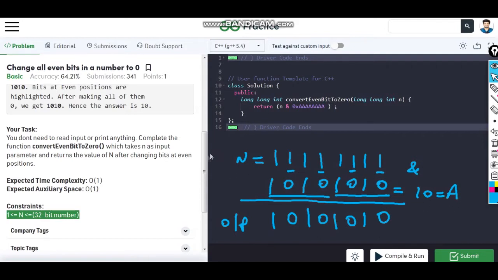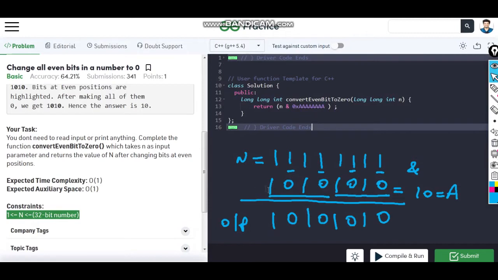If there is no number, then it will be 0 0 0, and I will just do the bitwise AND operation. So I hope you got my point. That's why we are just returning n, the number given, bitwise AND a, which is in hexadecimal, right?